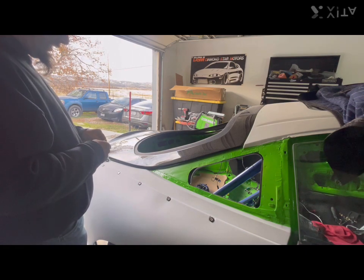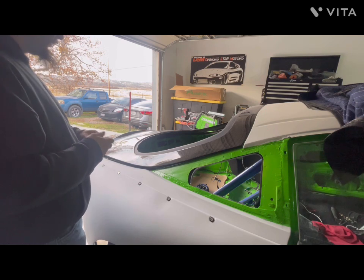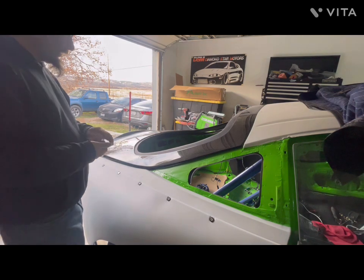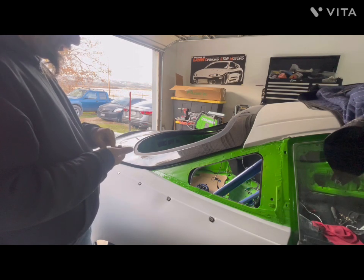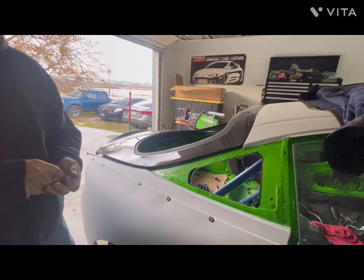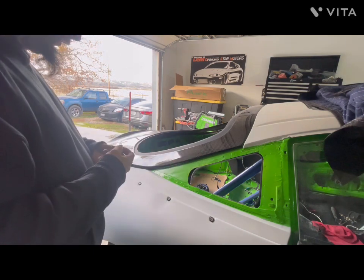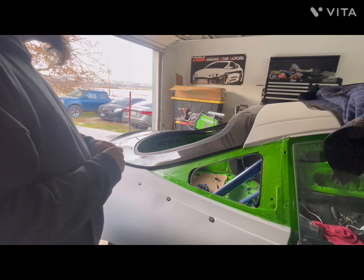So I planned on working on the car today. I got the carbon fiber hatch installed, and now I'm trying to get the lift struts, the lift supports in. I had to go out and buy some new little balls, but I'm going to get these installed real quick, and